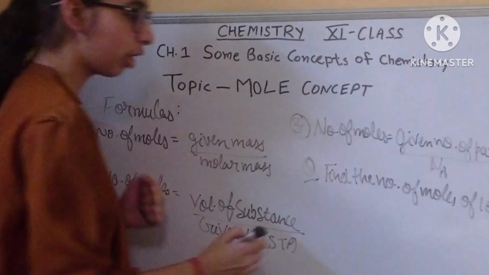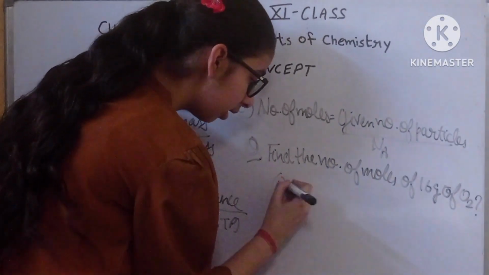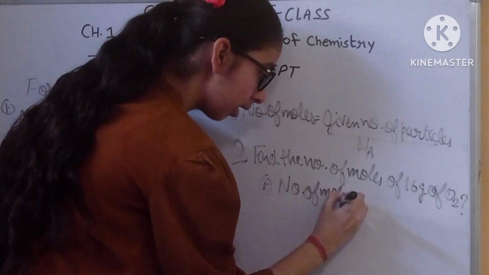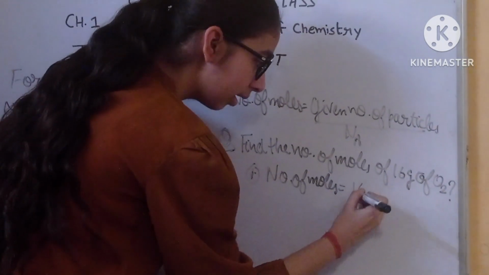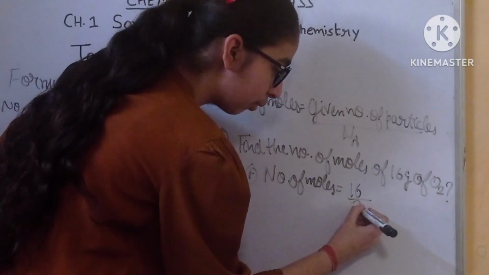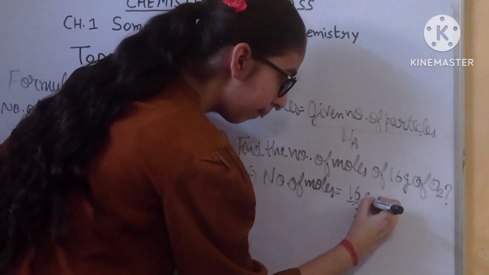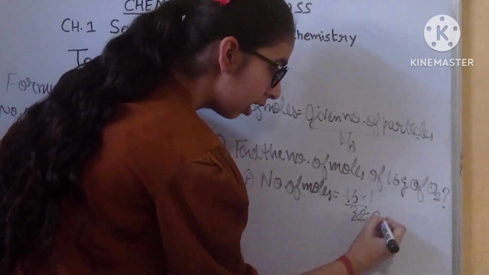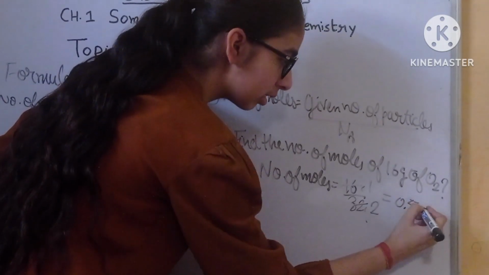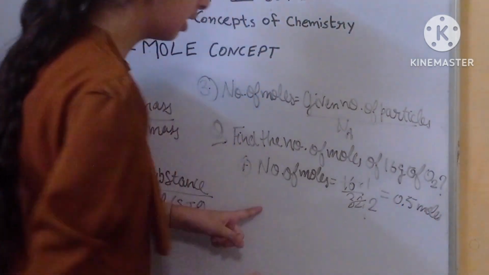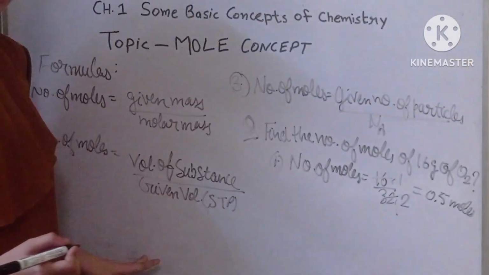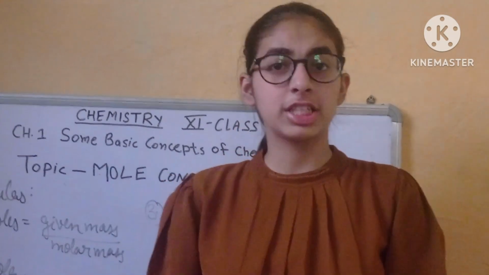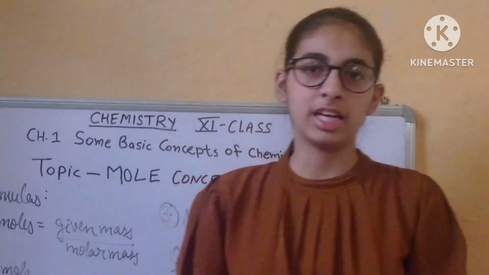So we are using the first formula, that is number of moles is equal to given mass, 16 gram, upon molar mass, 32 gram. So by cancelling we come to know that it is 0.5 moles. Right? Same you can do with these two questions also. So this is an easy topic of this chapter, which is important too. So please try this chapter and